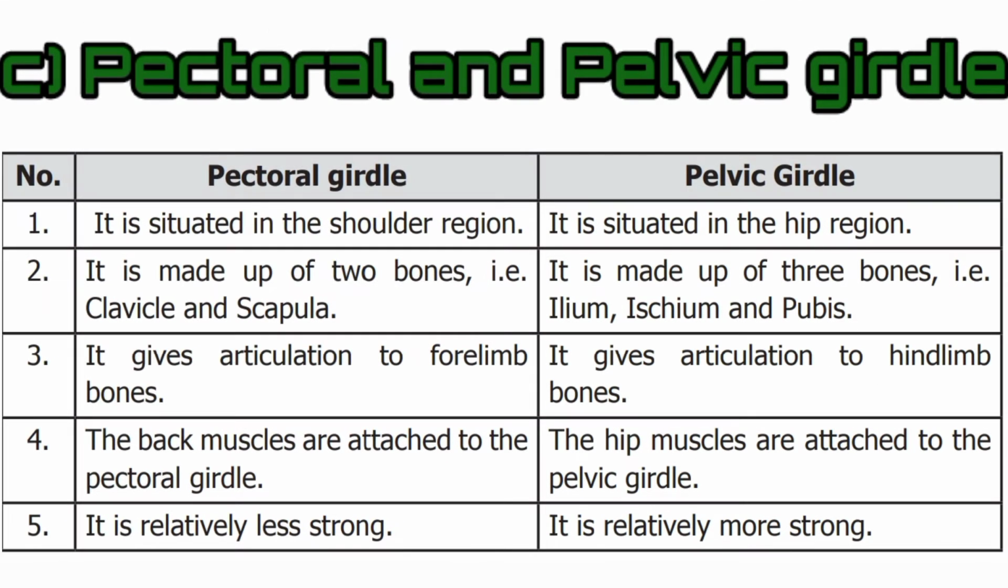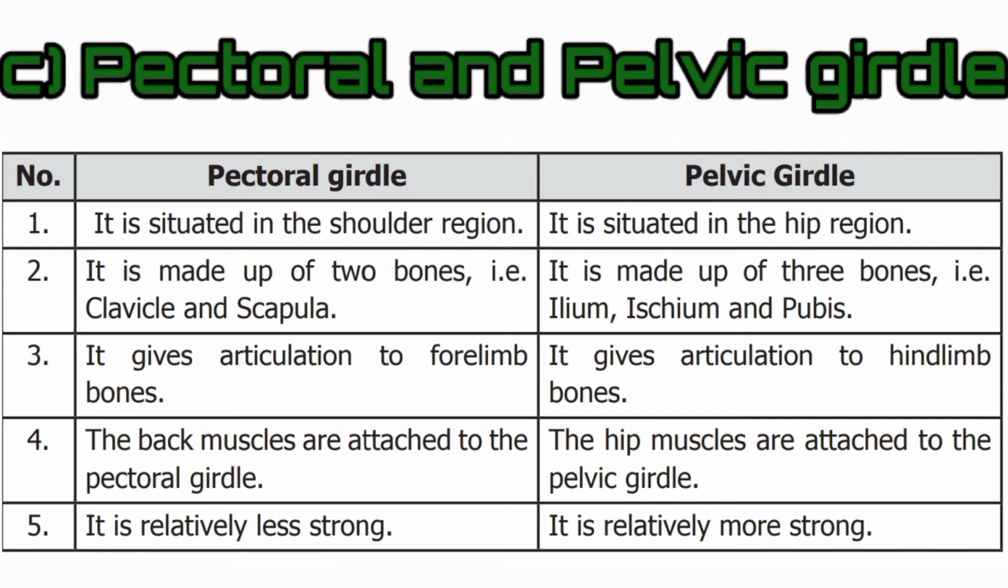Pectoral and pelvic girdle. Pectoral girdle, it is situated in the shoulder region. Pelvic girdle, it is situated in the hip region. Pectoral girdle, it is made up of two bones, that is clavicle and scapula. Pelvic girdle, it is made up of three bones, that is